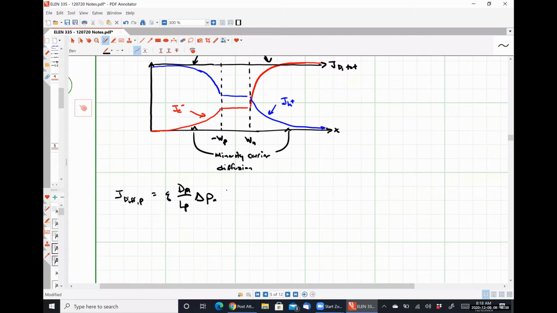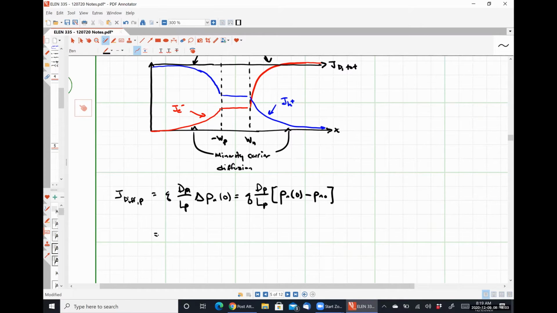Delta PN naught is equal to Q DP over LP, PN0 minus PN naught